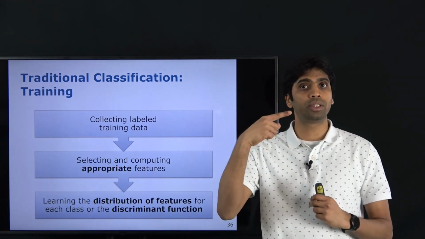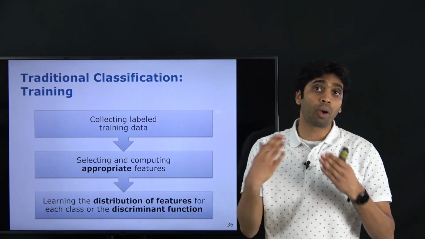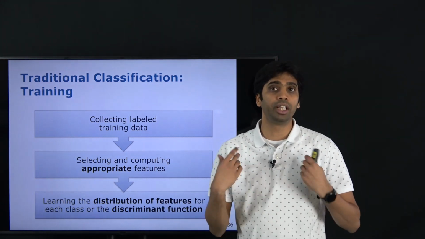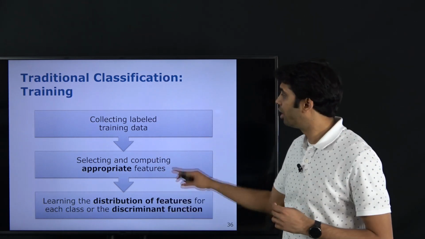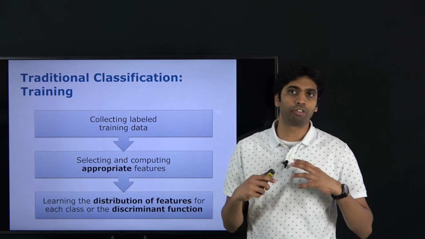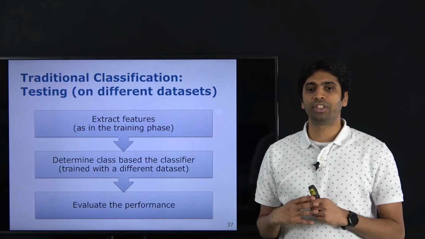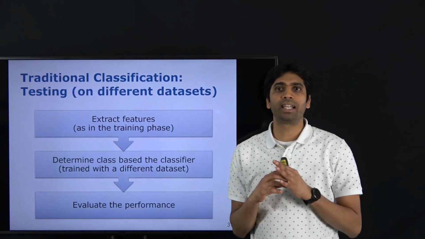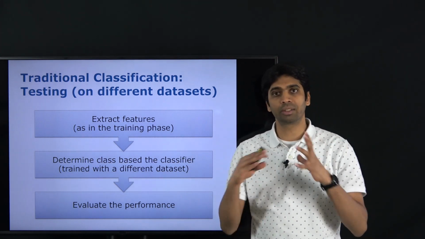So we need to use these labels in order to figure out the distribution of the features or a discriminant function using these label data. And these steps basically form the training step of a classification pipeline. So once we have the training sets, of course, we may have designed a classification system or a classifier which